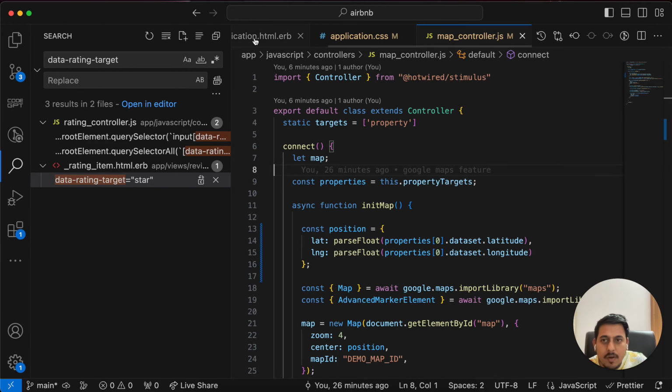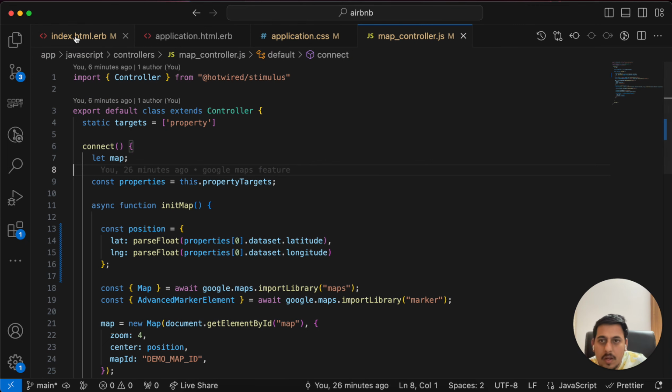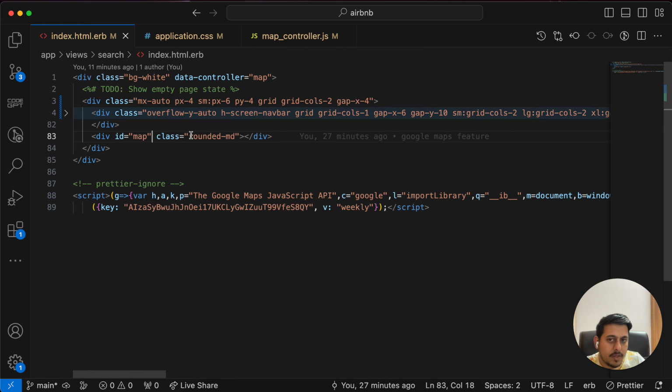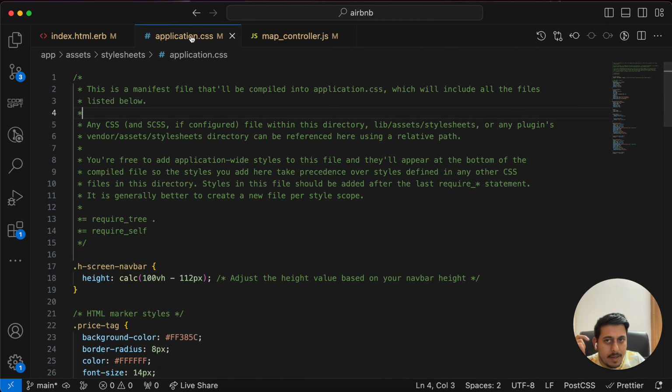In the index.html file of the search, I have made these changes. Basically, I have changed all the vertical padding to py4. I have kept it fixed. I have added these values to the left part of the screen, and the right part of the screen was the same. So I made these two changes, and I've introduced this h-screen-navbar in our application.css file,